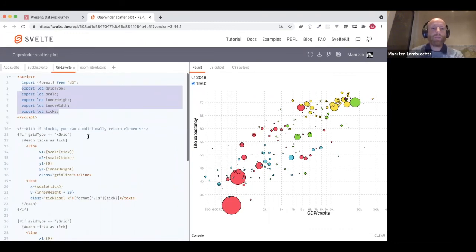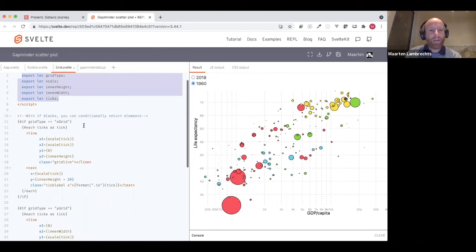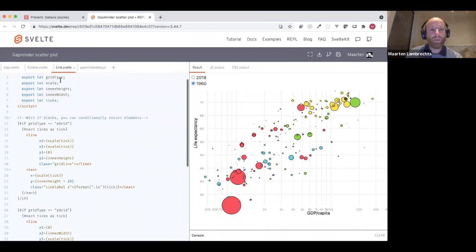So we have 2 types of grids. We have a grid for X and a grid for Y. And depending on what grid type is received through the properties, this component needs to return different things. So whenever a grid is an X grid, we draw the vertical lines, the vertical grid, the grid for the X scale. So here I say if grid type equals X grid, then for each of the ticks, for each of these numbers,